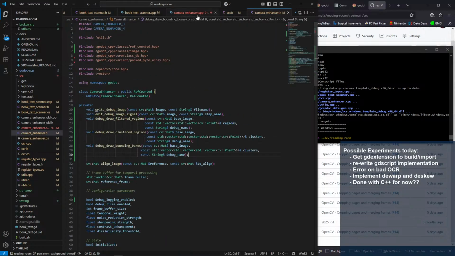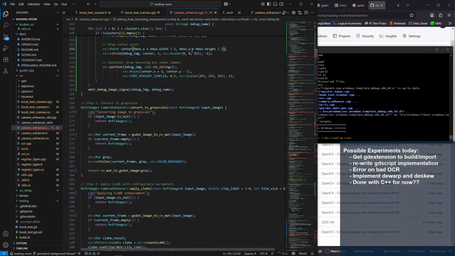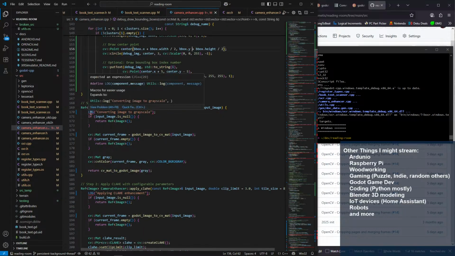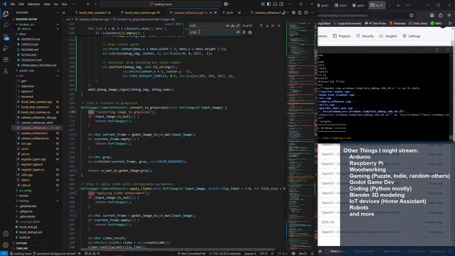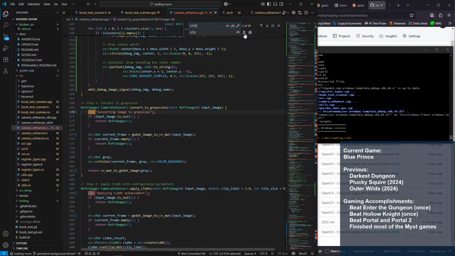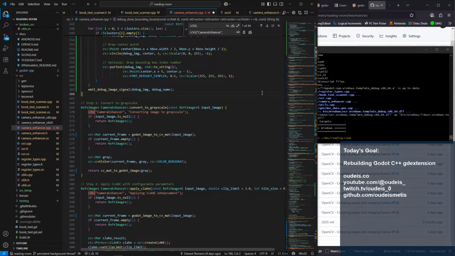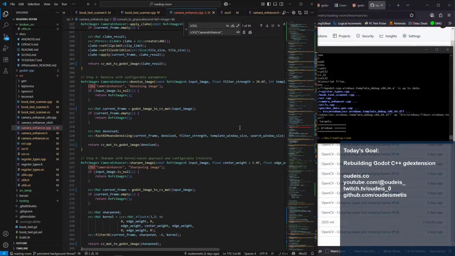No, you're bringing in utils. Oh, sorry, yeah. This is going to be log. And we're going to replace it with log with paren. And we're going to replace it with log paren quote comma space. Now we should be good.